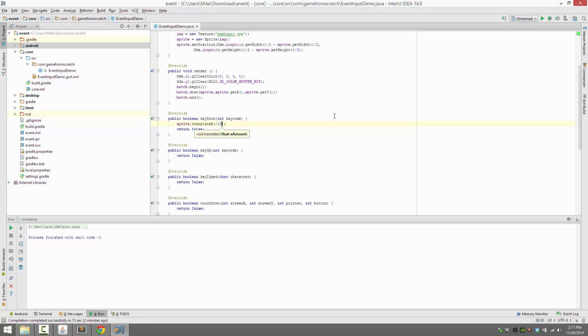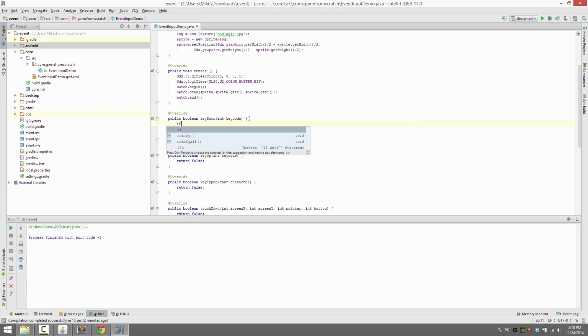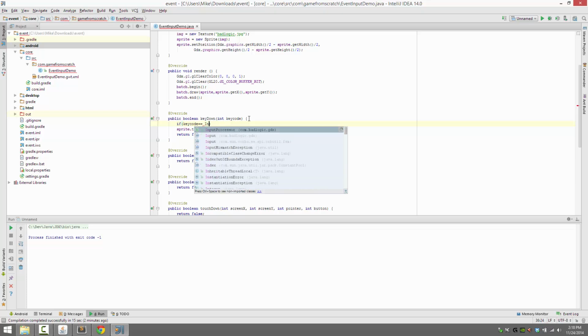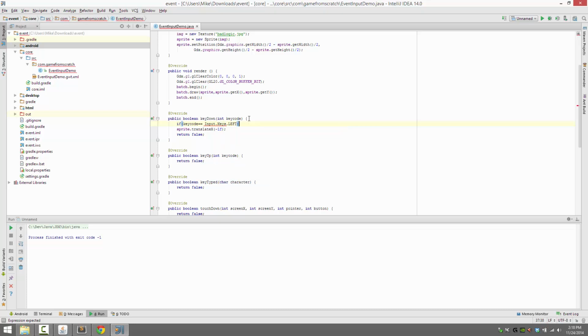So we're going to move left by 1 pixel whenever the, I suppose I should put an if condition here. Key code equals input.keys.left. All right. Pretty that up a bit. So there we go. We run this code. When we hit the left arrow,